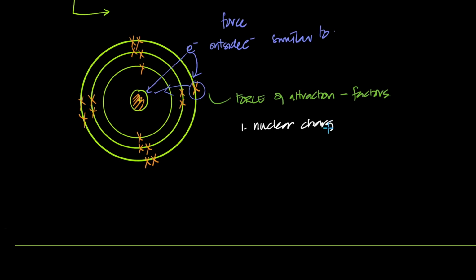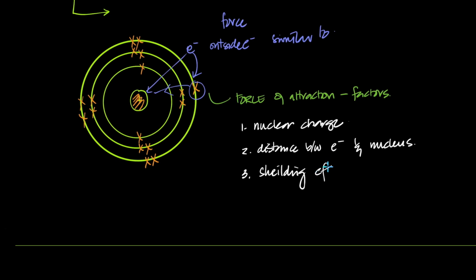The greater the nuclear charge, the more the force of attraction. The second is the distance between electron and nucleus. And we saw that as the electron is further away, it's attracted less. And the third is repulsion between the inner shell electrons and the outer electron